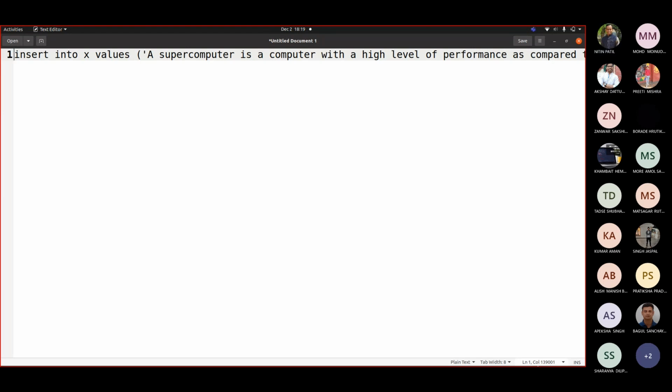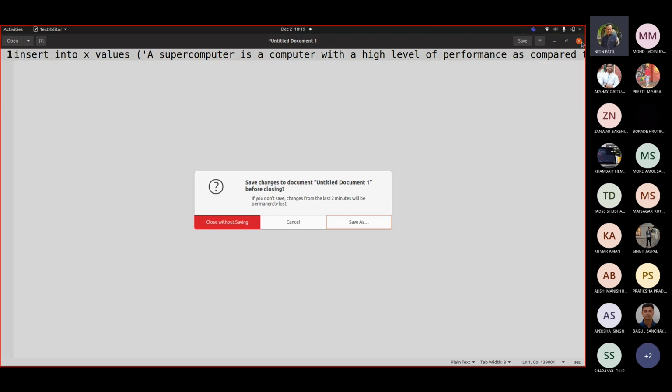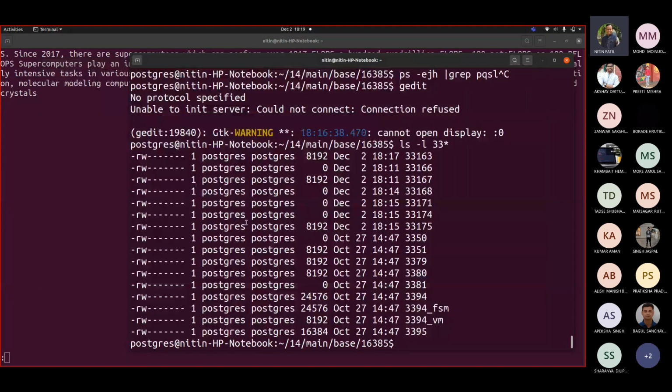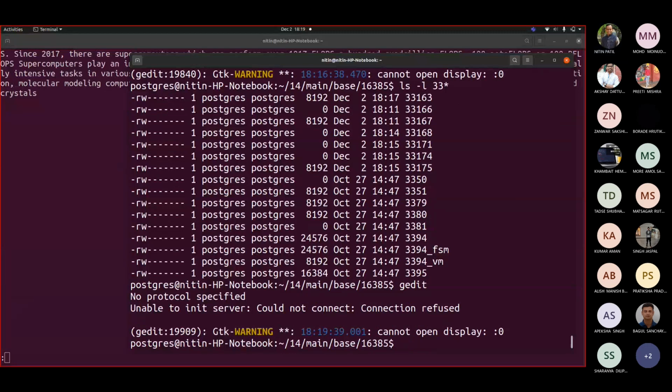See line 1, but the amount of columns or things that are taken here are more and it is not responding even if I try to click here. Right? It is not responding because it is working on that data, because it is very big because I have pasted it. So let me close this for a while and I will start one more time. Gedit, sorry, again.